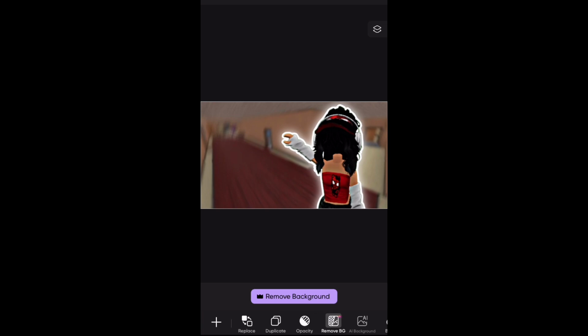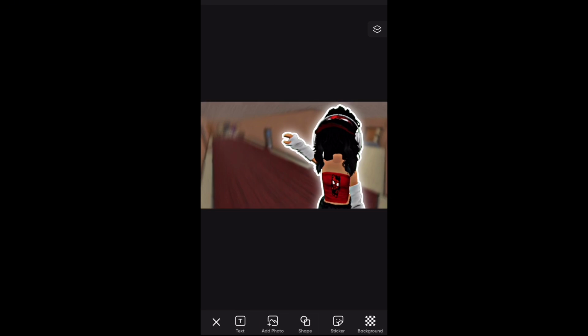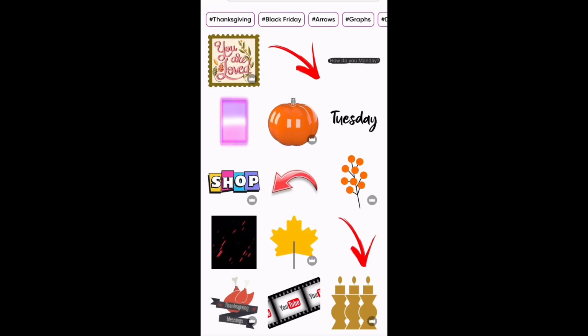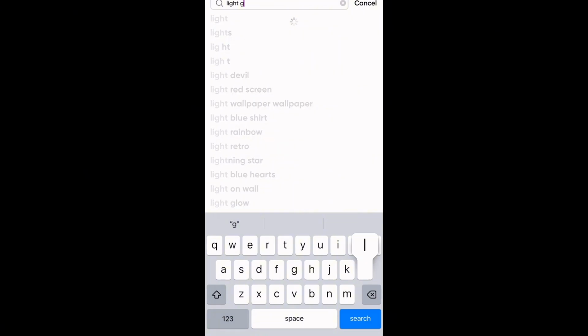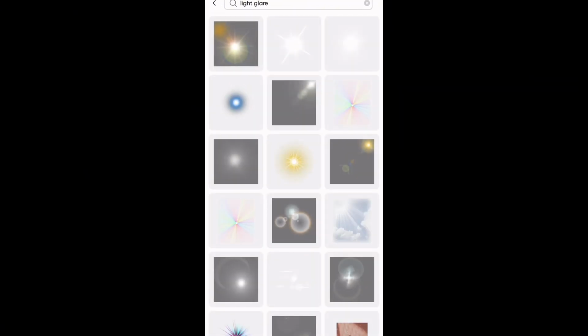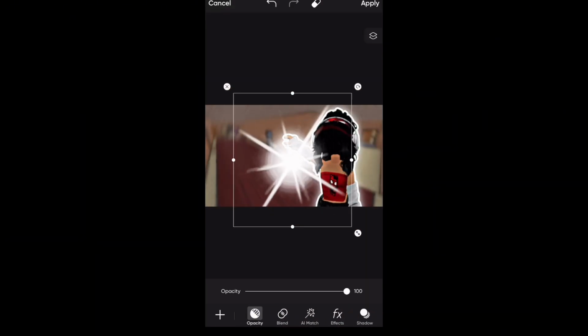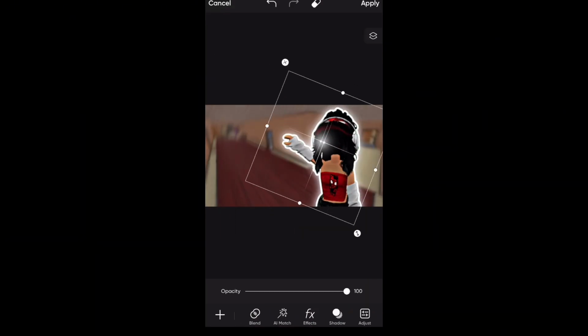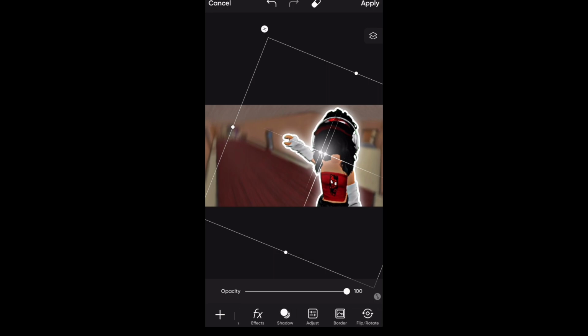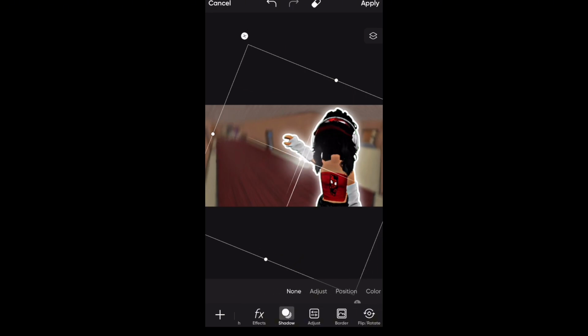And then if you scroll along to the bottom, there should be a little tab that says stickers. Here it is, stickers, and then you can search up light glare, and you can use any one from here. So this one looks like a good one, and this is the one that I tend to use. So I just make a shadow on this, as I showed you guys before,